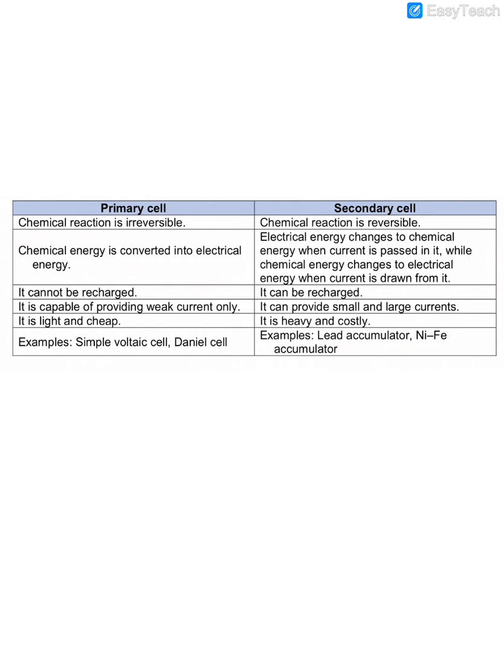Now what is the basic difference between primary and secondary cells? In primary cells, the chemical reaction is irreversible, meaning the reactants, when they react, will form a product, but the product cannot be converted back into the reactants. And here the chemical reaction is reversible. What do you mean by reversible? You can convert your product back into the reactants. That's the difference between both. Got it? So it's irreversible and reversible.